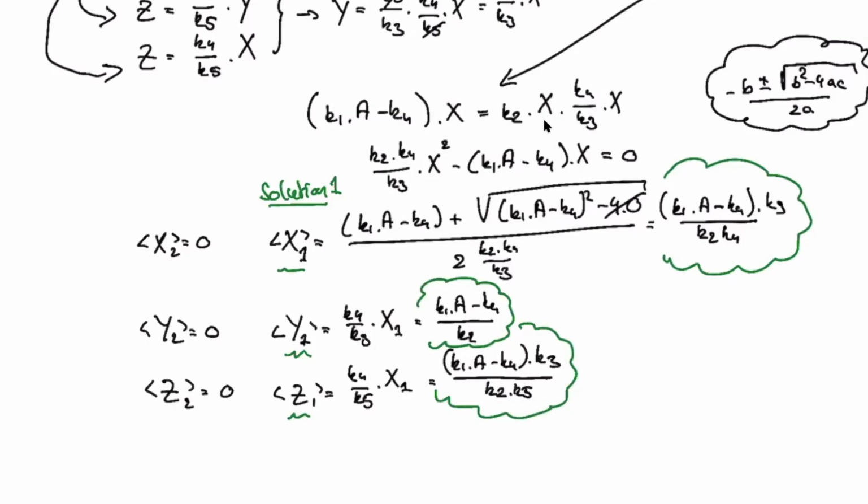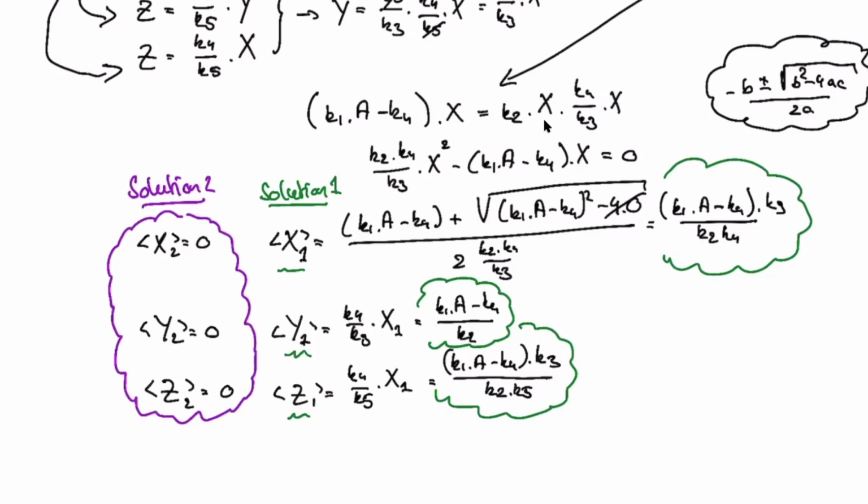And the more boring one, solution 2, would be all 0. So that seems to indicate that there is a situation where not all the concentrations are 0, because that would be extremely boring, where we can have some interesting behavior, which is non-zero, which we can solve using this steady state approximation. But what we don't see from this steady state approximation is that this solution 1 can be